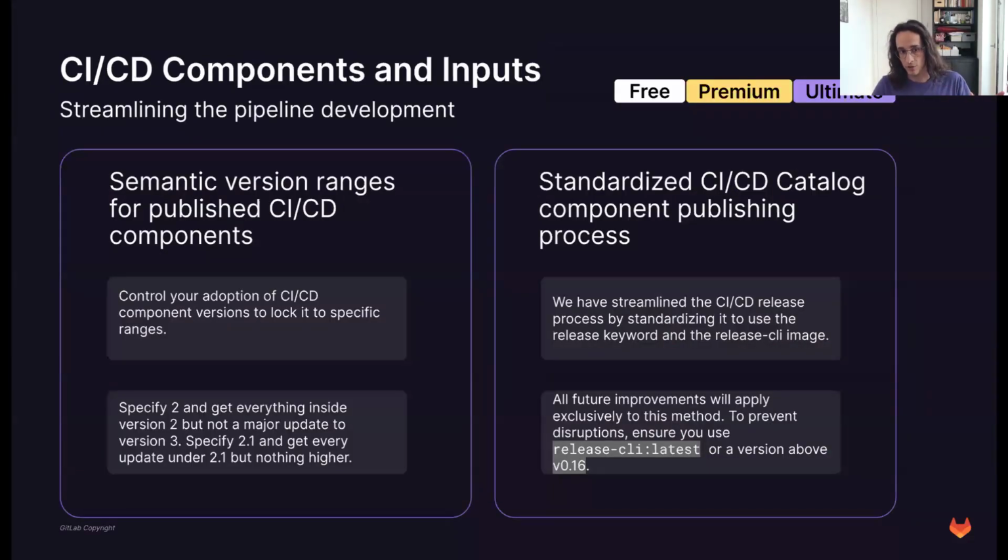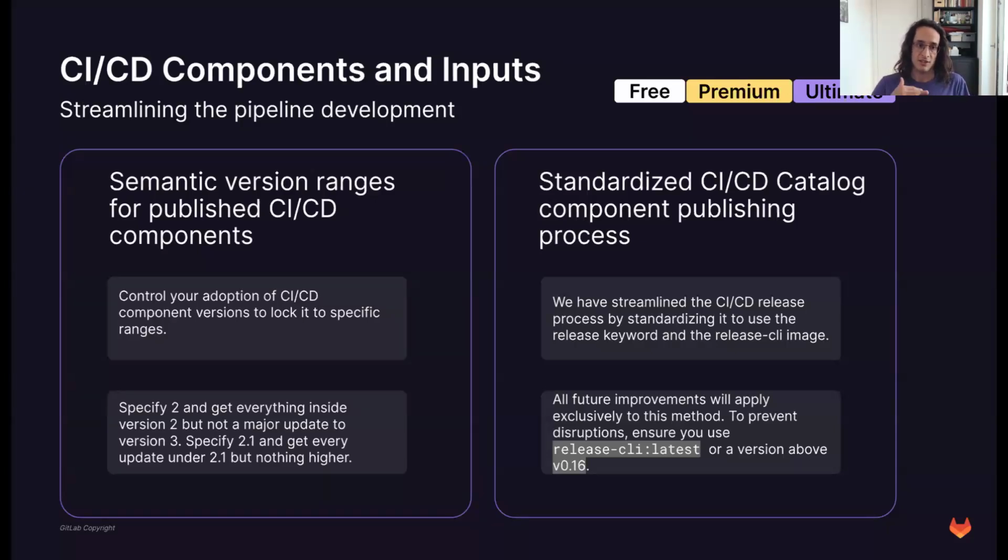So yeah, these were the most important things: the catalog itself, as it stands, and the inputs that you can have on components. Two more important things that I believe are really valuable if you are working on a big group or multiple projects or a big organization. That's when the components, the inputs, and the catalog really shine, when you have to manage hundreds of projects, hundreds of groups in GitLab.